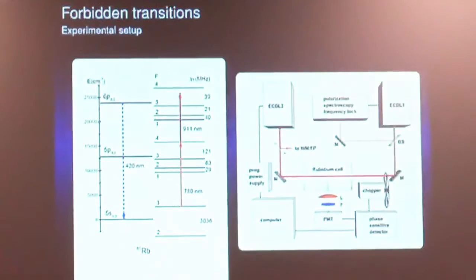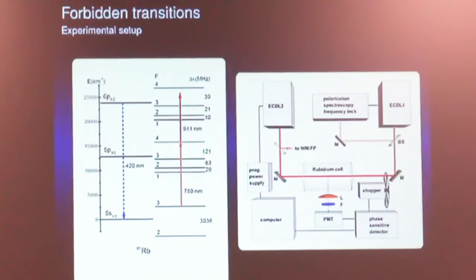So, the system that we chose is rubidium. This is the example for rubidium-85, one of the isotopes. And these are the levels involved in our experiment. So we have to first produce some atoms in the 5p 3/2 state. For that we use the standard D2 transition. And then with an infrared laser at 911 nanometers, we produce the excitation, the non-dipole excitation, into the